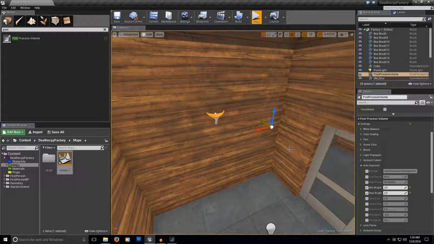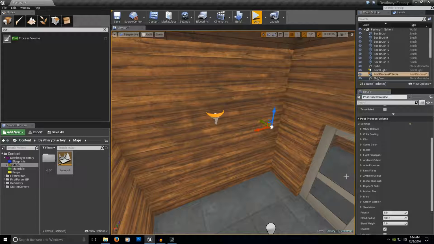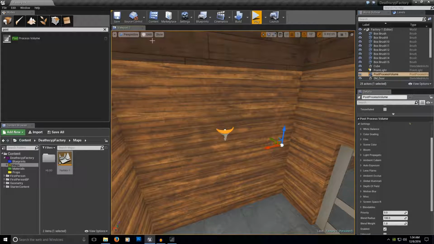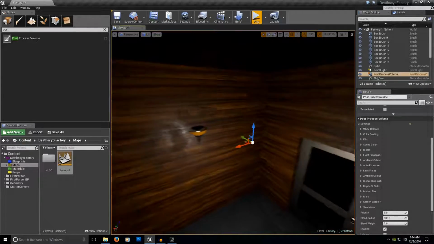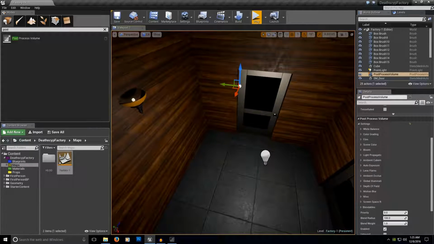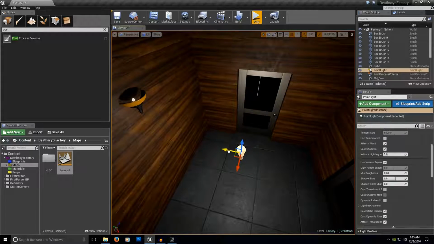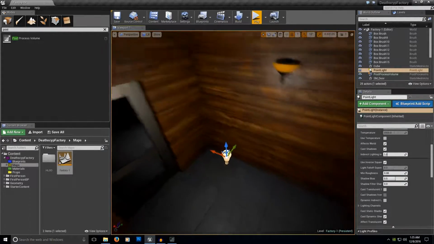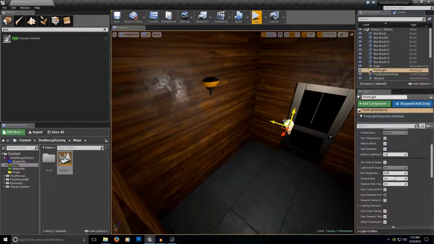All right, so that's all I need to do with the post-process volume. If you want to learn more about it, check Virtuous Education. And now we're going to go back to lit mode. There's a lot of nice features that come with the post-process volume. All right, so now you see it already looks much more realistic when I look inside